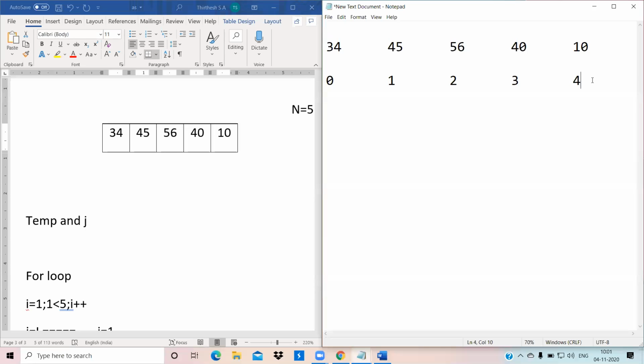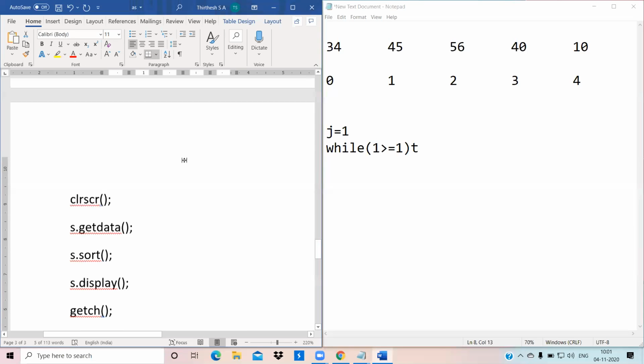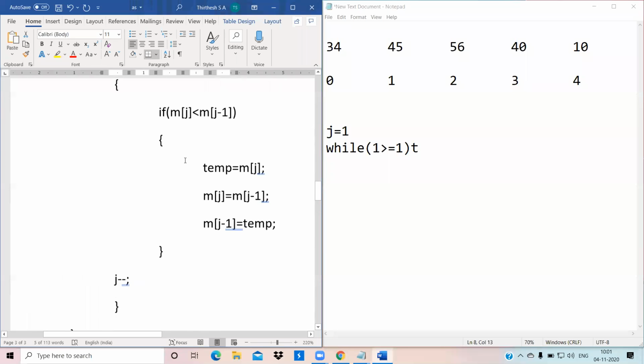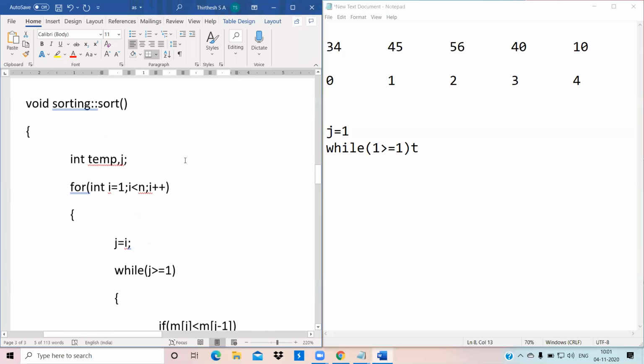Now what we did, we have an array. Now we have entered a while loop.